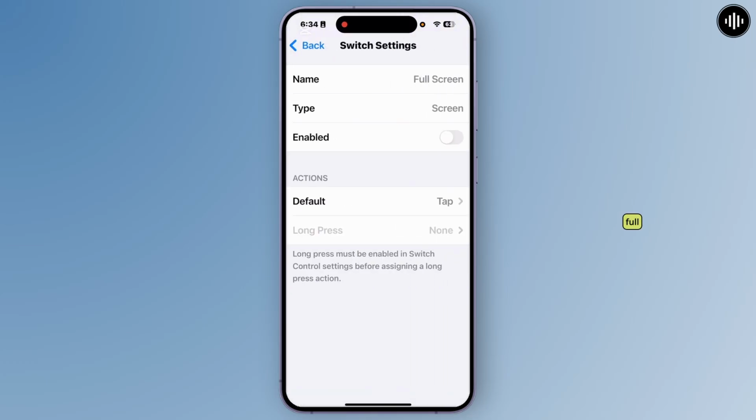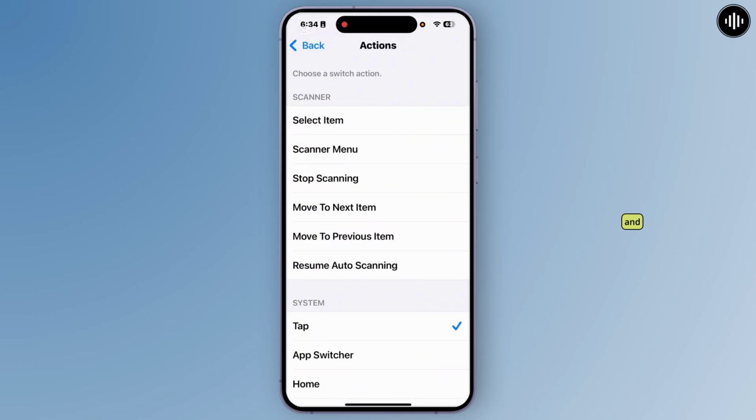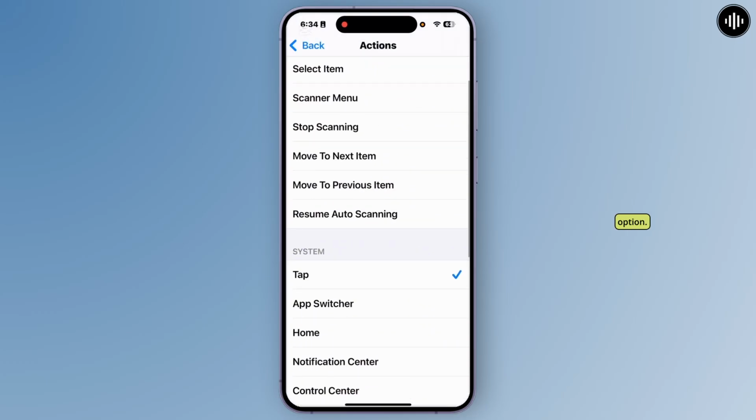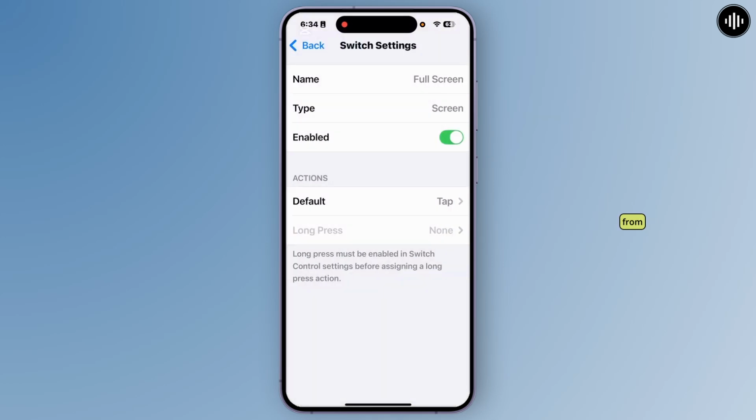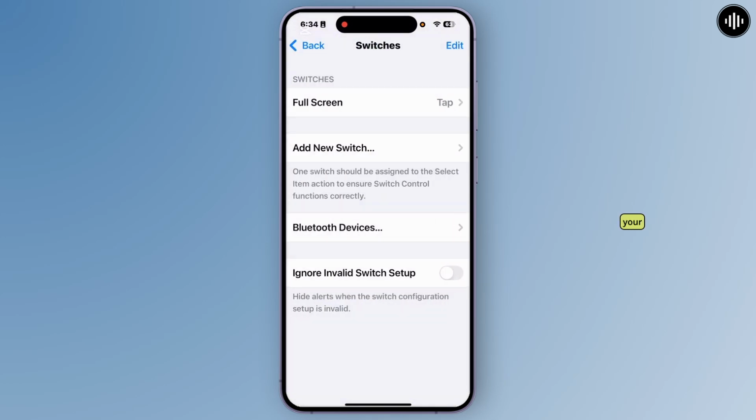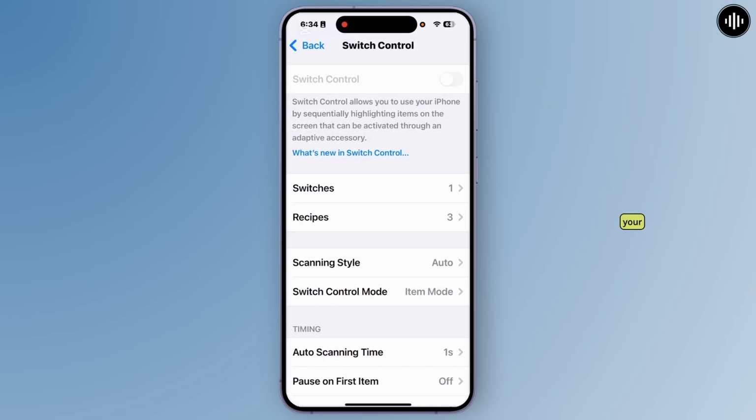Okay, so in the Full Screen section you'll have to go with the section Default, and from here you'll have to set the Tap option. So after you select the Tap option, you'll have to just go back from here and make sure this is enabled on your system. So after you enable the switch, you'll have to just go back from the switches, and from here